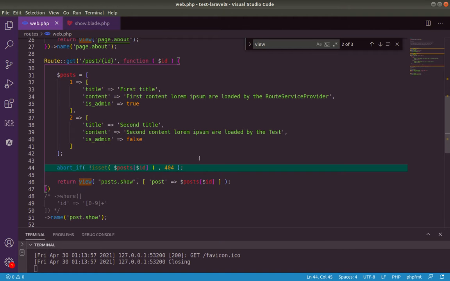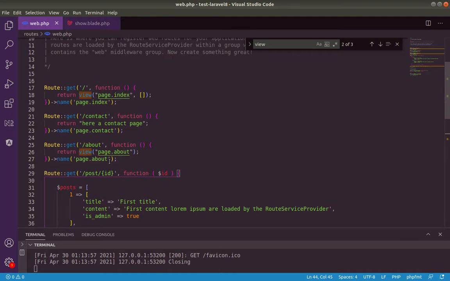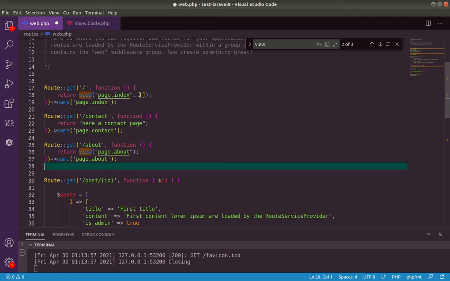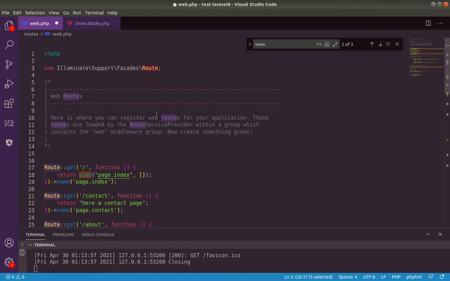So let me also show you something. Sometimes you don't need, as shown here, to pass some data. The Route class from the facade provides us the view function to use. If you want to see this class, where to find it? We found it here